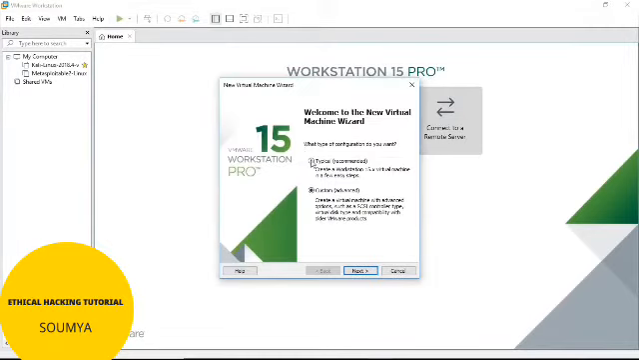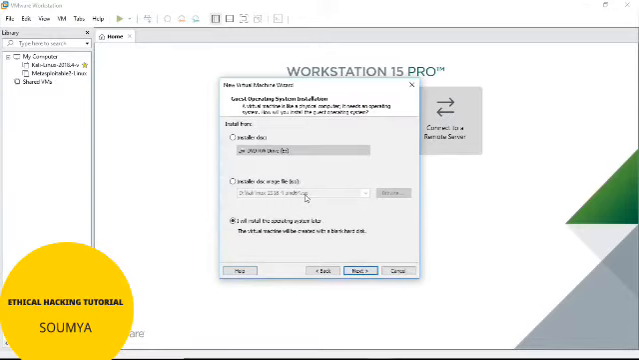So let's go for Typical. The difference between Typical and Custom is that Typical skips most of the steps, so after installing, we can make additional settings. But if you want to make all the settings before installation itself, then you can use Custom here. But let's use Typical. Click on Next. And here it says